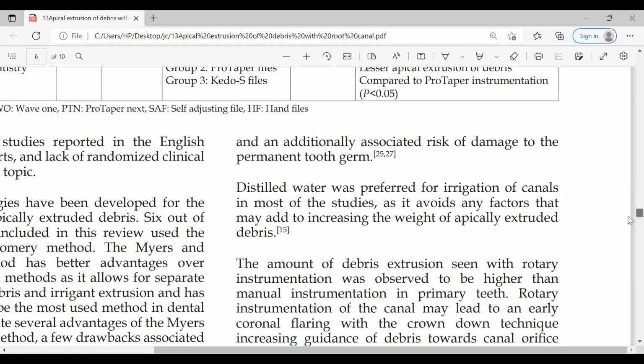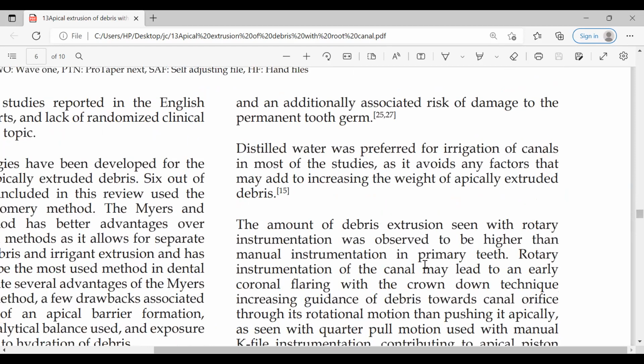And additionally associated with risk of damage to permanent tooth gum. Distilled water was preferred for irrigation of canals in most of the studies as it avoids any factor that may add to the increasing weight of apically extruded debris. The amount of debris extrusion seen with rotary instrumentation was observed to be higher than manual instrumentation in primary